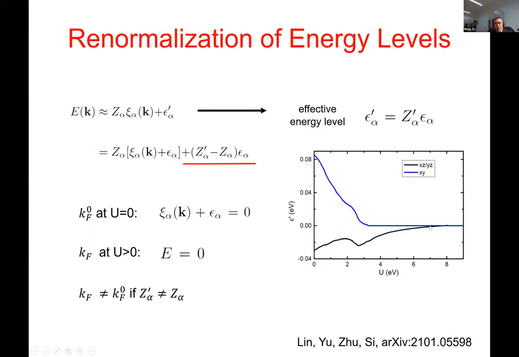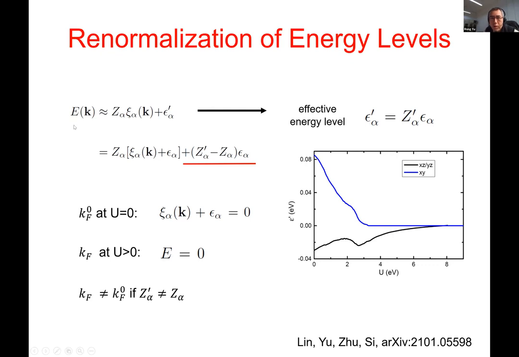And now we turn to the renormalization of the band structure. So we find that the strong orbital selectivity not only leads to the strong renormalization of the bandwidth, but also leads to the renormalization of the energy levels, as shown in this plot. So for both the dxz orbital and the dxy orbital, we see a strong renormalization of the energy levels. And I'll show here that this strong renormalization of the energy level will cause the reconstruction of the